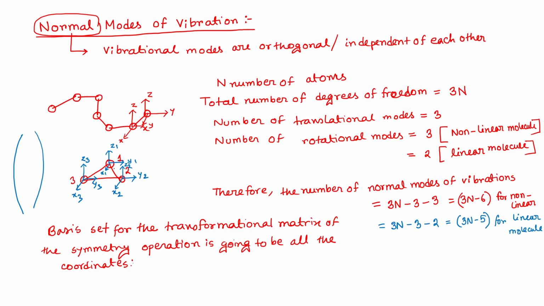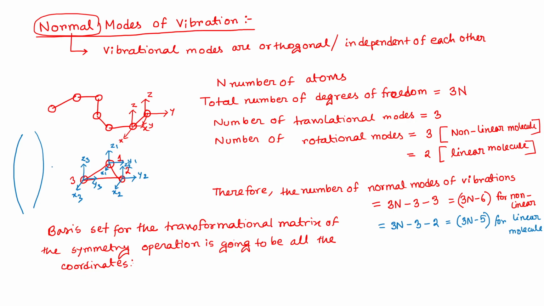I'm not giving you a particular example of a molecule, just a quick example. For this you have the symmetry elements: D3h, C3, sigma h, this kind of thing. So you need to look at the character table, and the character table will be given to you. But for that you have the basis function, so you need to